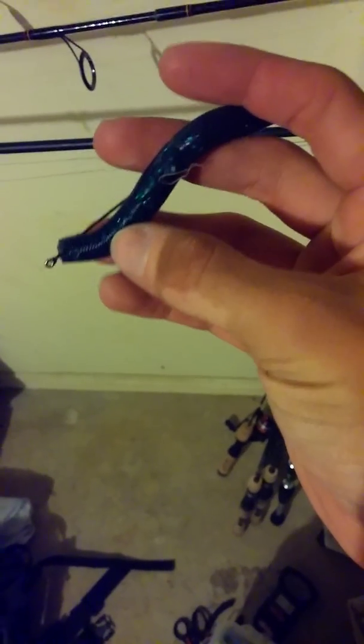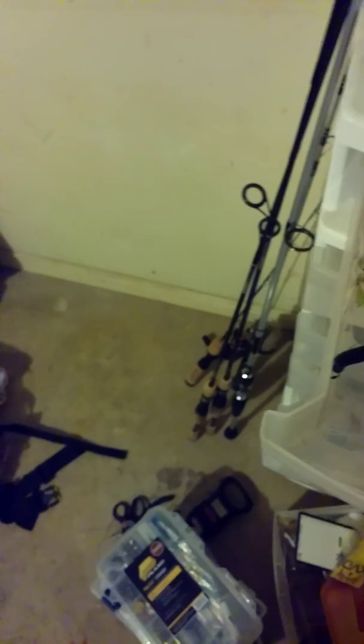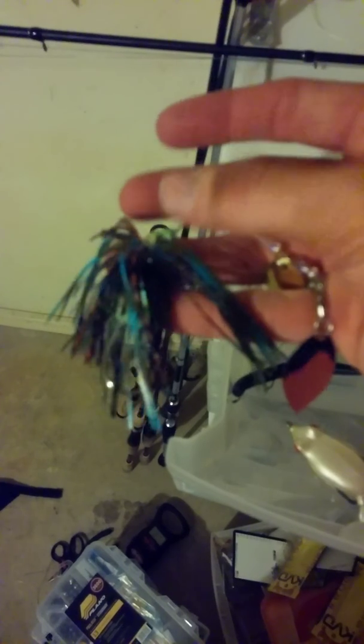So up here, the top one. This is where I just put some of the stuff I just cut off, like this, the pearl white KVD. I had a weightless Senko. This is a Yum Dinger. And tied on, I also had this Rippin' Lips